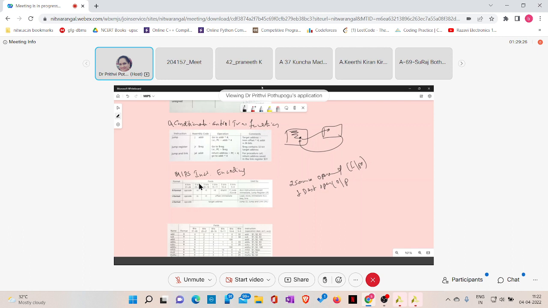So it is a shift amount field. 5 bits will be given to the shift amount field, and the remaining bits, except the last 6 bits,